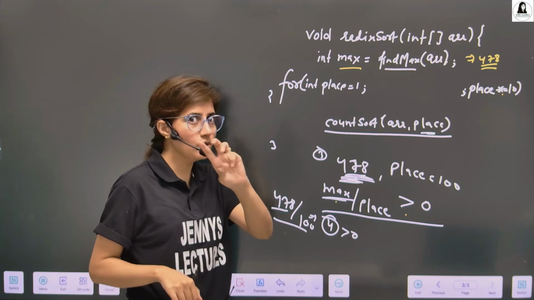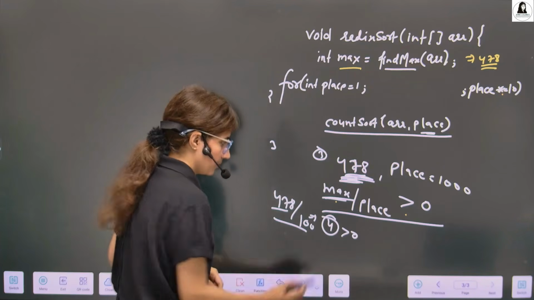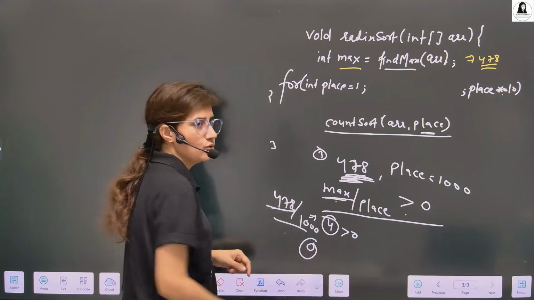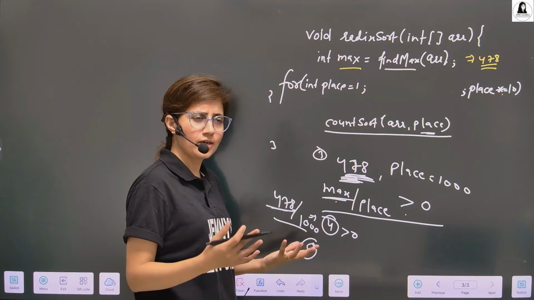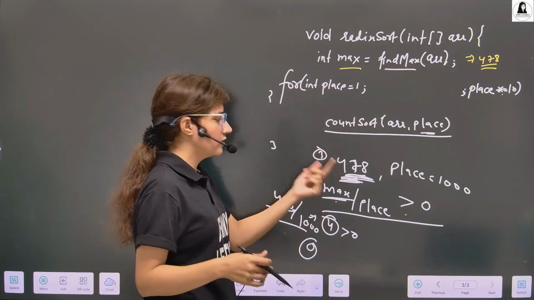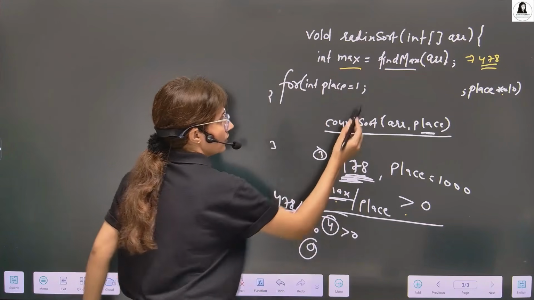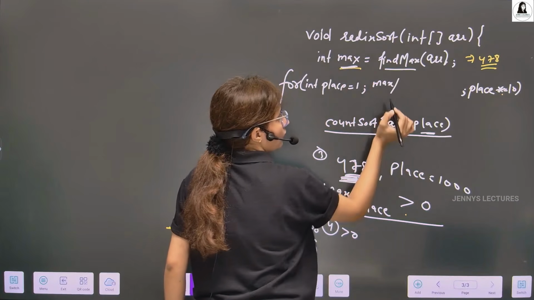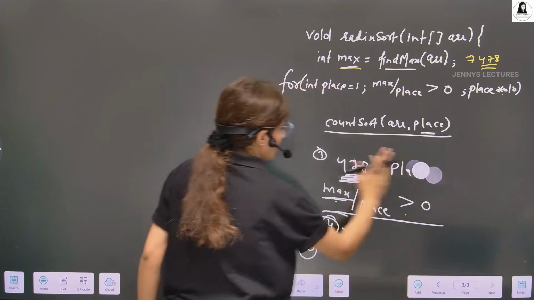So 3 times we have called counting sort. Next time place value becomes 1000. This now becomes 0. Is it greater than 0? No. Stop. So yes, this is the termination condition. We don't need to count the number of digits separately and then apply it in this loop. Simply write this condition here: whatever max value we found, divided by the place value, greater than 0.